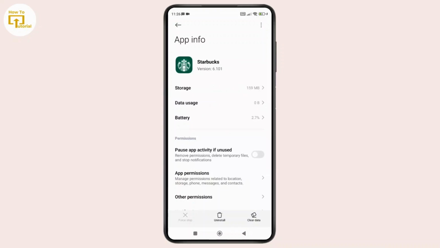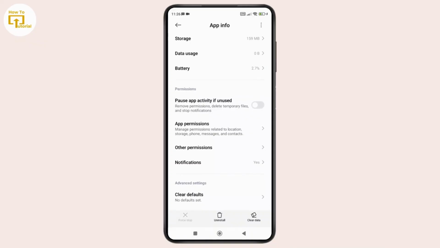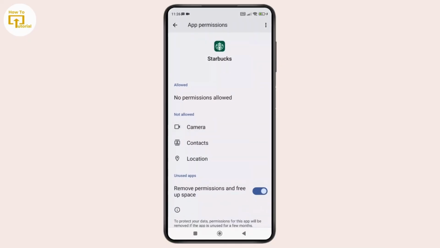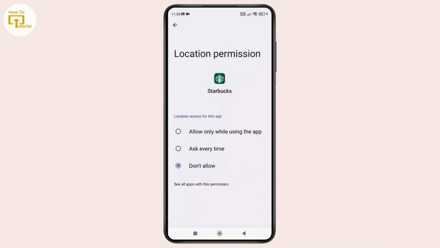Now here, once you're inside the Starbucks app settings, just scroll down and tap on the option labeled App permissions. And now here, once you are inside the app permissions, if you scroll down, you can see the option labeled Location. So as of right now, it's not allowed for my location access,